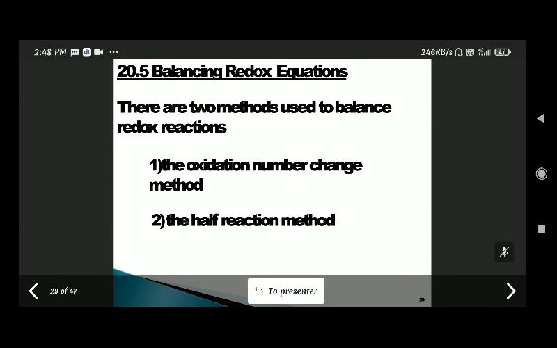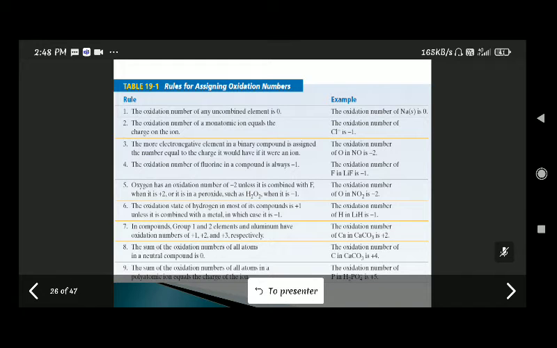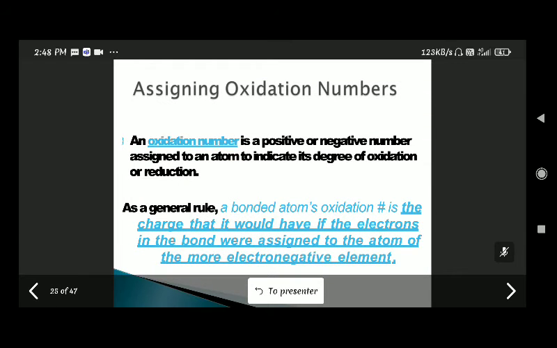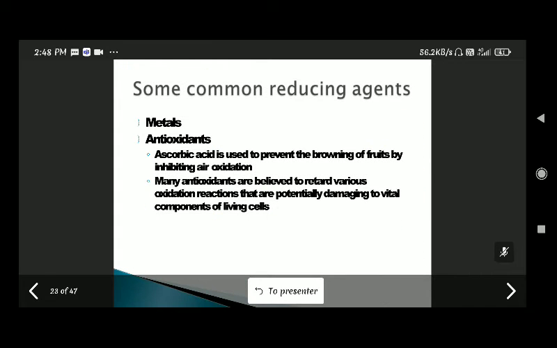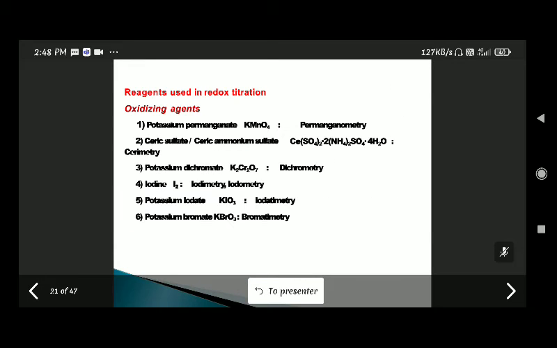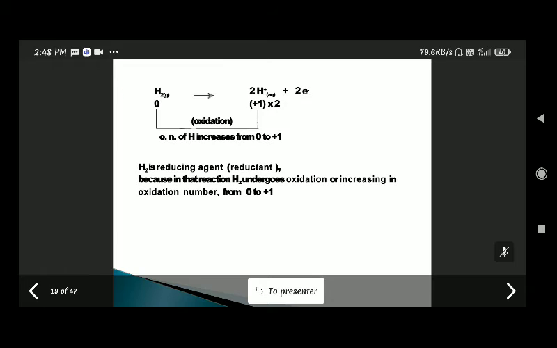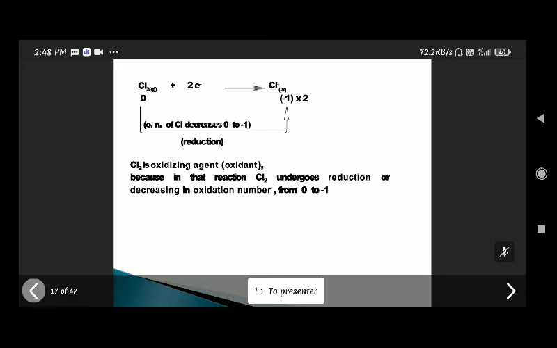Okay. So why is KMnO4 not a primary standard? All these points you have to include when you write the theory of redox titrations. It's not a primary standard because KMnO4 is always associated with MnO2. It's not completely free from MnO2.